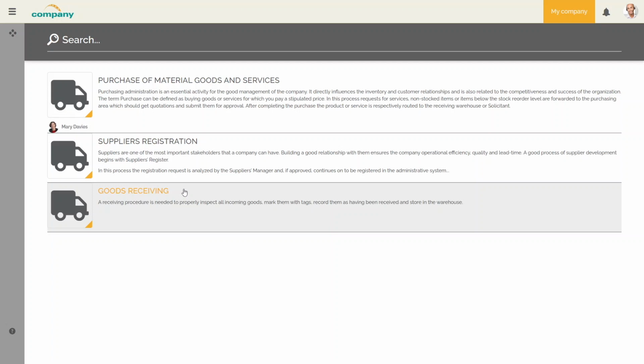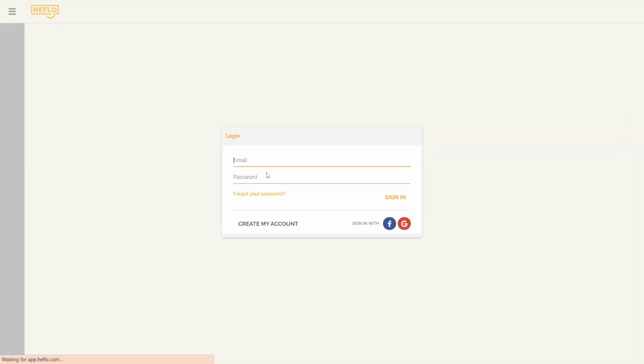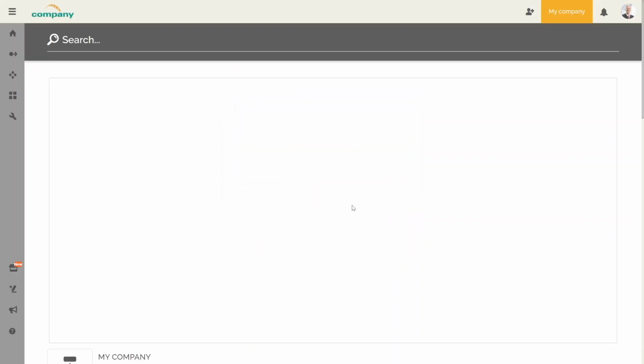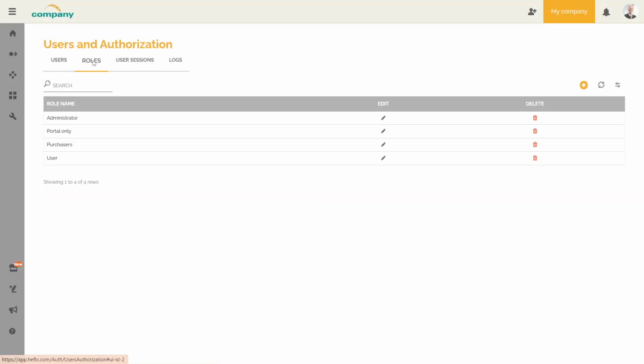We are going to log into Bill Evans' account to modify the purchaser's role. We go to the Users and Authorization part. We then go to the Roles tab. We can double-click on the purchaser's role to edit it.